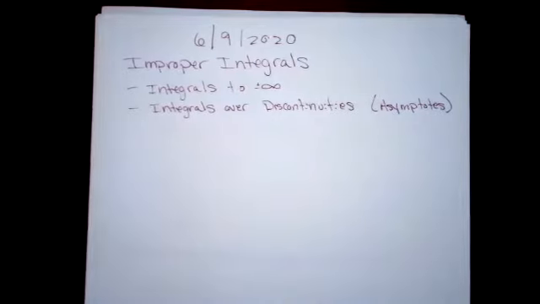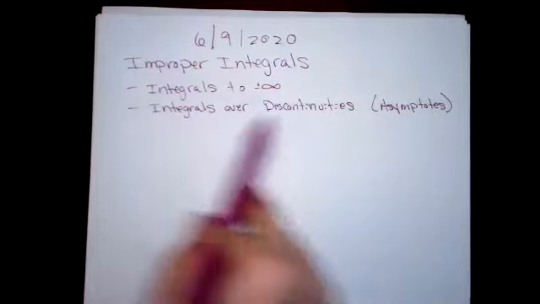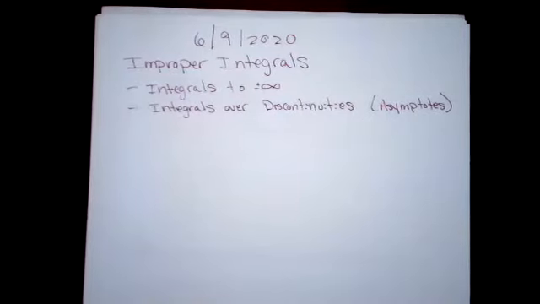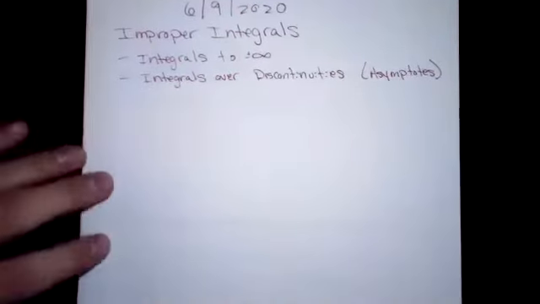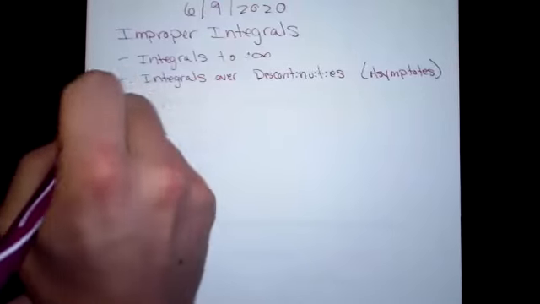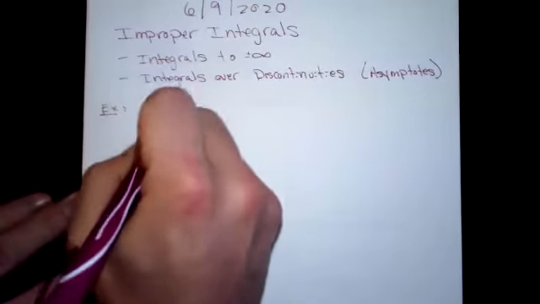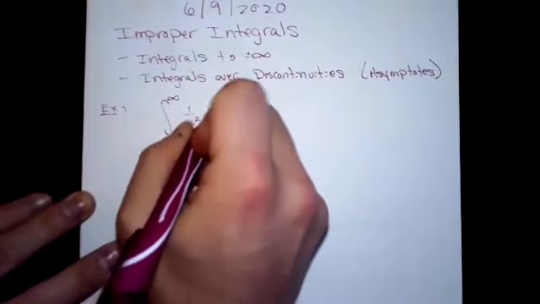So either the function is going to go off to infinity asymptotically, and we want to know, can I somehow integrate that or integrate up to that asymptote? Or possibly the function might be decaying out to positive infinity, and I want to know, can we compute that total area? So to be a little more specific, let's take a look at our first example. It's just going to be the integral from 1 to infinity of 1 over x squared dx.